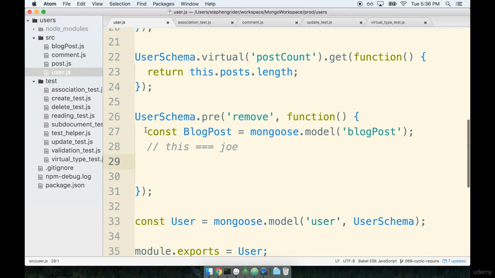In the last section, we started adding some middleware for cleaning up all of our different blog posts on a particular user when they're about to get deleted. But we very quickly ran into an issue around a possible cyclical loading problem. We then fixed that by making a direct reference to blog post using the mongoose.model helper. So now we're ready to actually write a query to remove all of our different blog posts that are associated